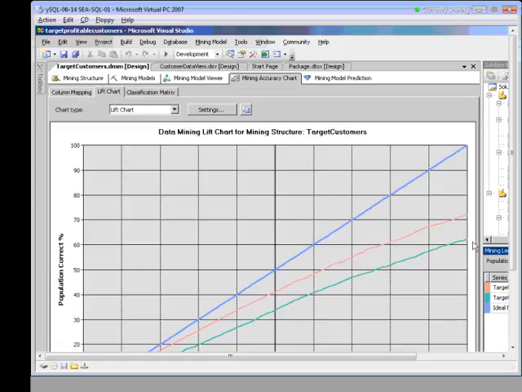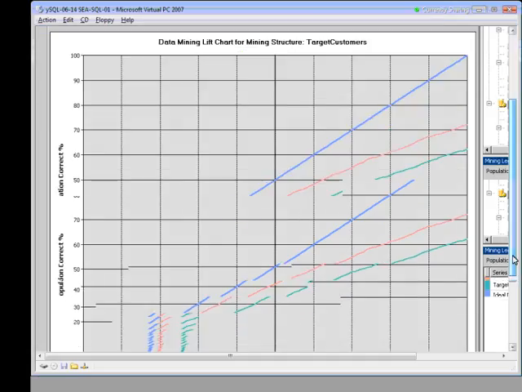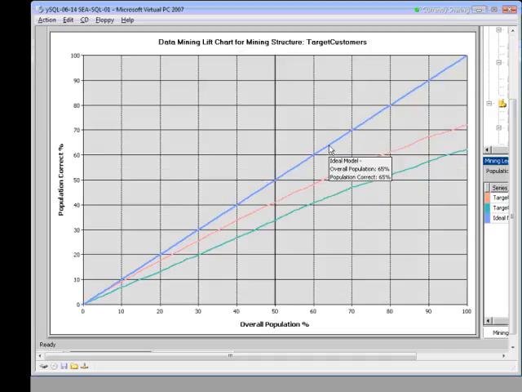There we go. Okay, so notice the different lines that we've got here. The blue line is the random model. This means that when you look at 50% of the customers, you get 50% of your targeted customers. The red line that we've got is the ideal model line. It shows the results of the bike buyers. With 51% of your population, you receive all your bike buyers. For the best results, you want to build your model higher than the random model and as close to ideal as possible. And then finally, green is our lift chart.